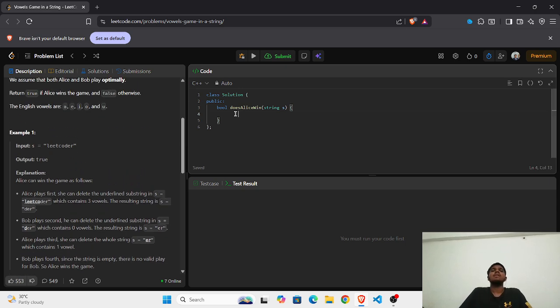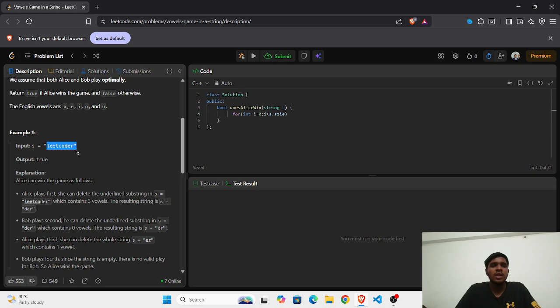Now let's solve it in the C++ language. So here I'm simply going to run a for loop. I'm going to run this loop from the start to the end of the string, using the s.size attribute and incrementing by 1. And I will check the conditions here. If s of i is equal to a,